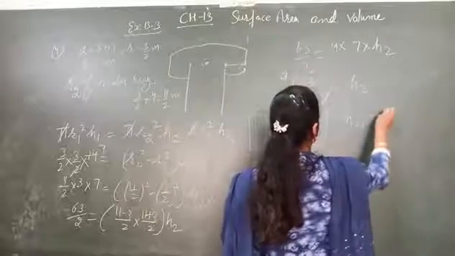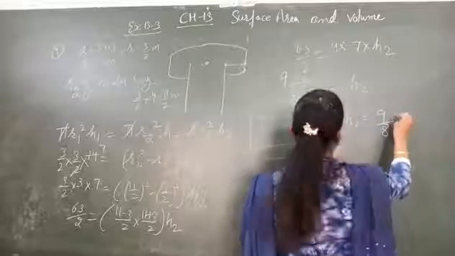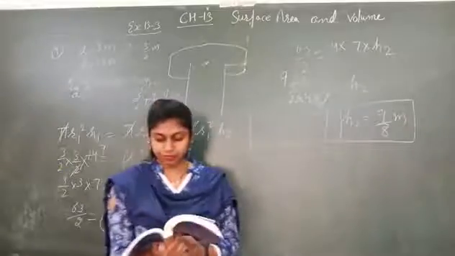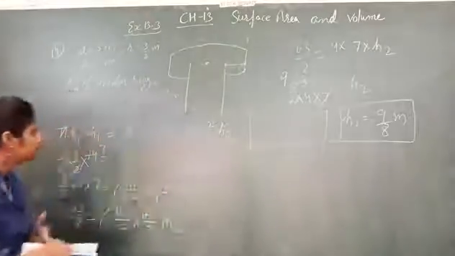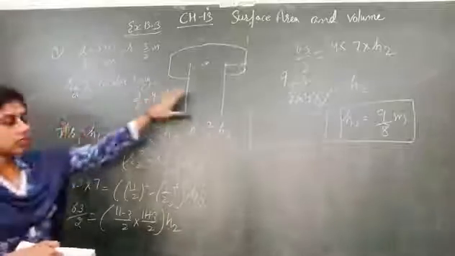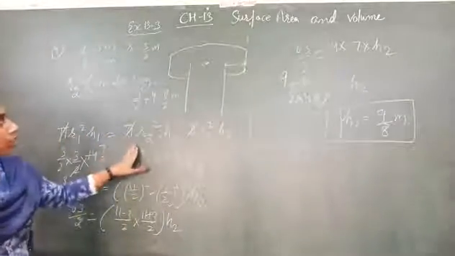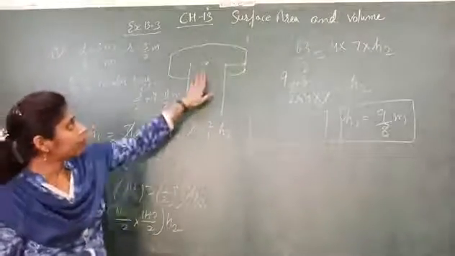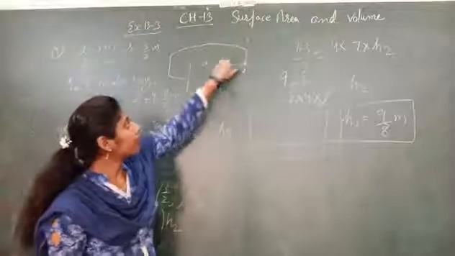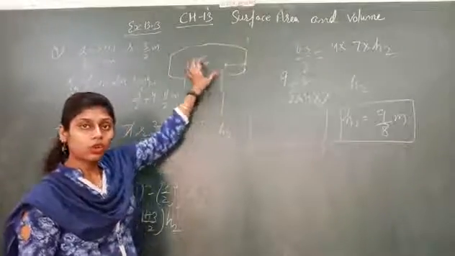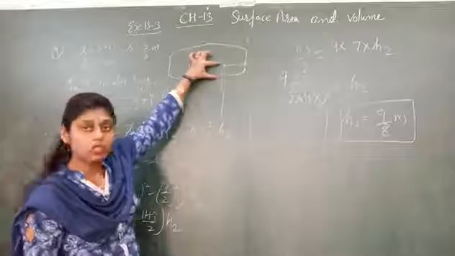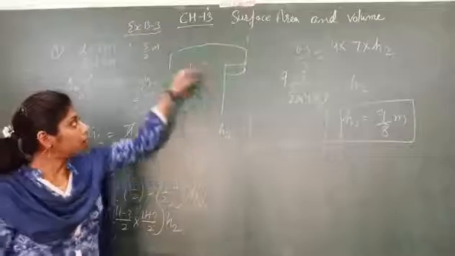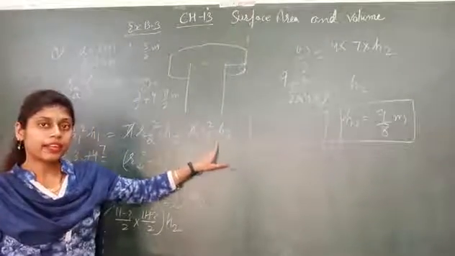We get 9/8 meter. This is the height of this embankment part. Clear? Hope you all understand. Here the volume of this well equals to volume of this complete circular ring, but we have to compare the volume of earth taken out from here and spread all around it, not here. So we will subtract this part, this circular well part of this up to height h2. So we have written h2 here.